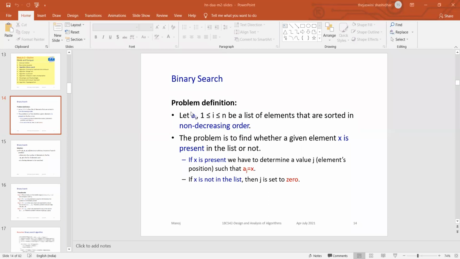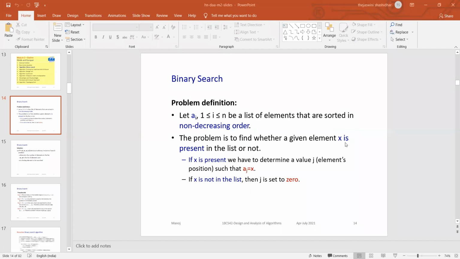So the set of A i, array elements ranging from 1 to n, is sorted in increasing order. That is the input you have to give. What is the problem you are solving? The problem is to find whether the element X is present in the list or not.